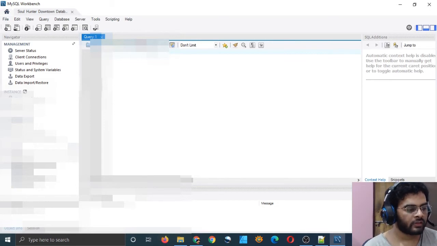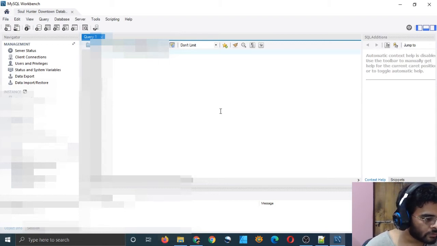First I have to type use, because I have to tell the database management system which database I want to use. So I will type use and type my database name. I hope it's correct.